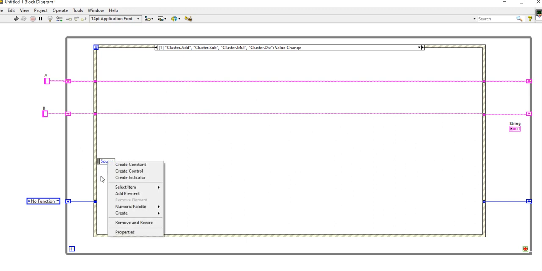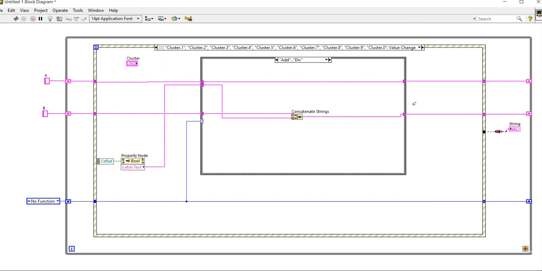Right click here, select custom reference, control reference button, and for this string, right click. Sorry, come into the front clusters and come here.